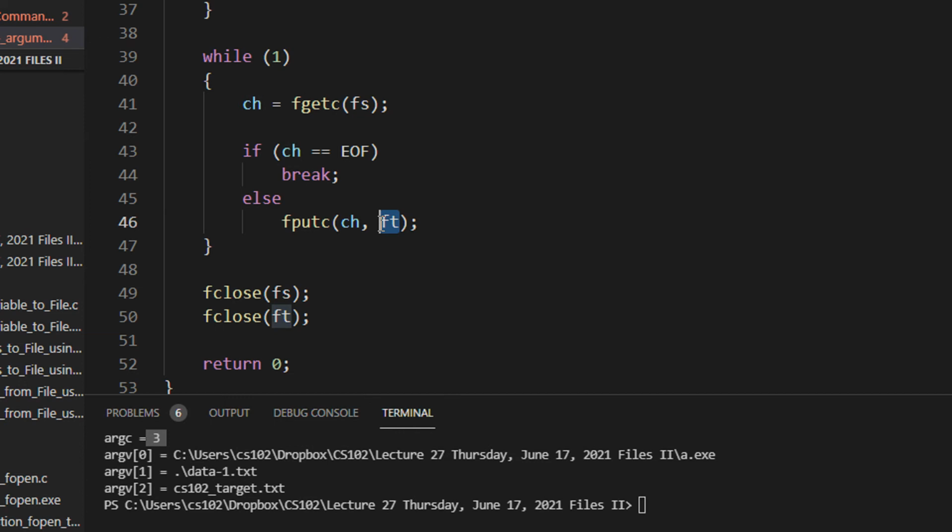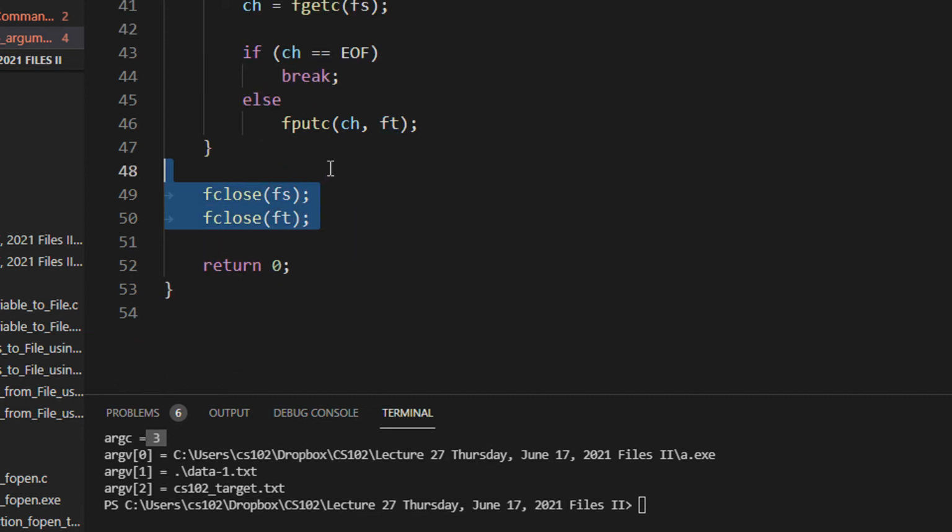So I read one character and put it into the target file using fputc. You can use fprintf or fwrite, whatever you wish, just maintain the syntax. fputc is one of the easiest. So you are putting the character ch into the file ft. Later on, you close both files. For any file operation that we do, it is necessary to close the file.